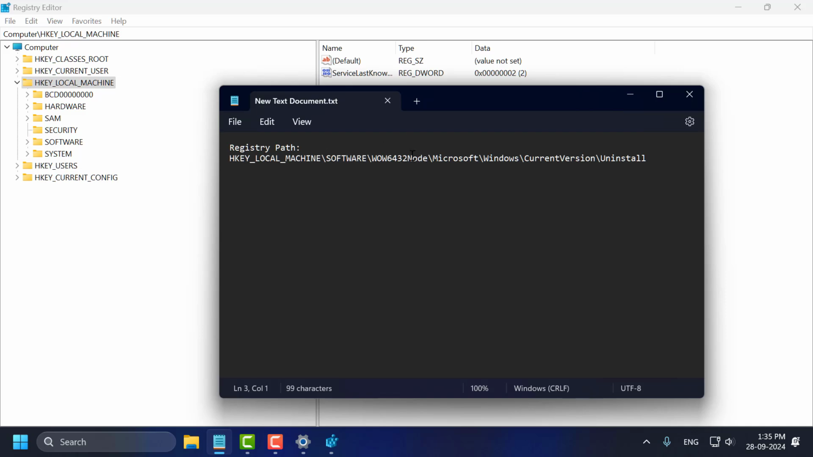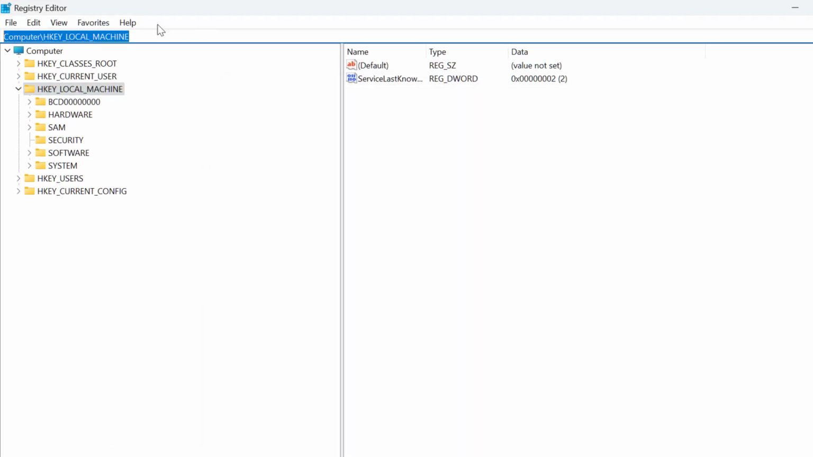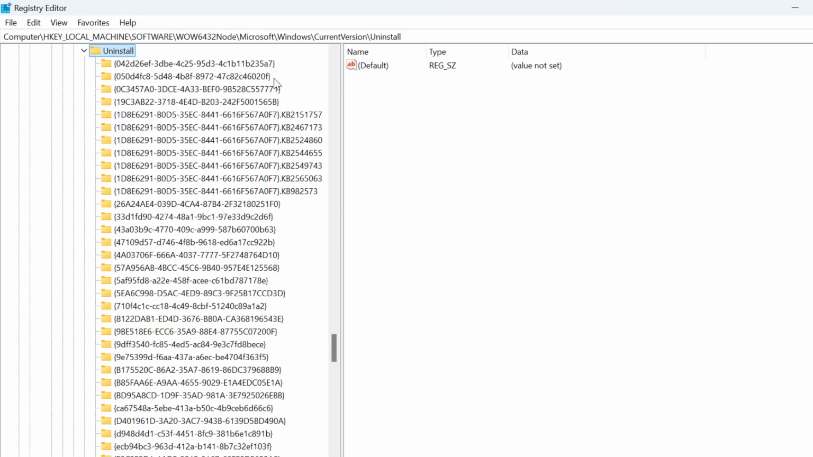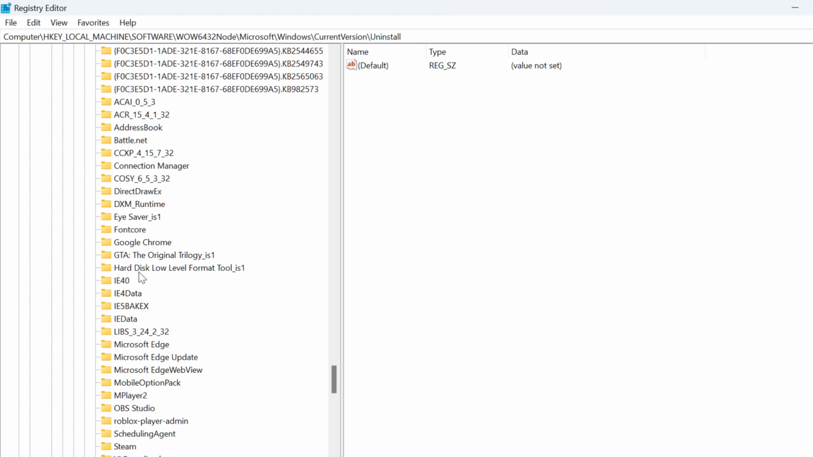Now you just need to check my video description for the path used in my video. Just copy and paste it in the address bar and press enter. Under Uninstall, you just need to find the name of the program, game or app that you want to uninstall. In my case, just need to scroll down and find in this list